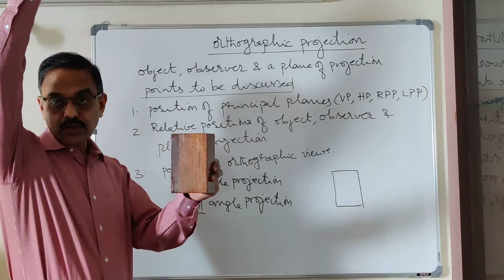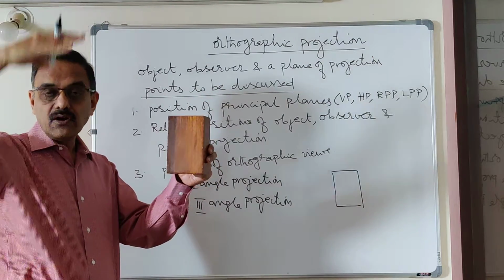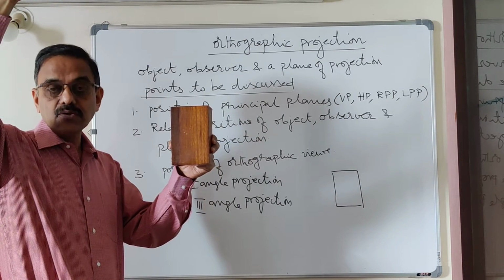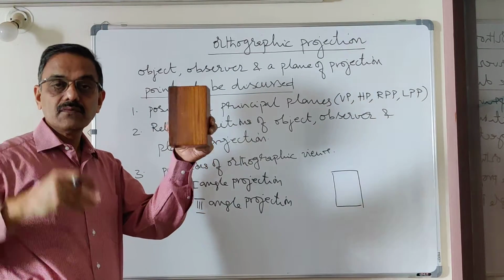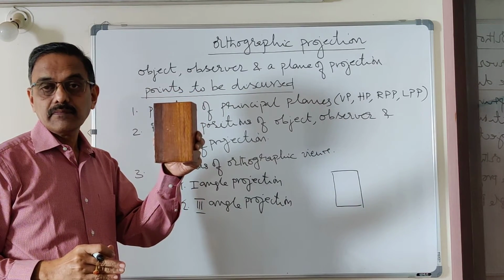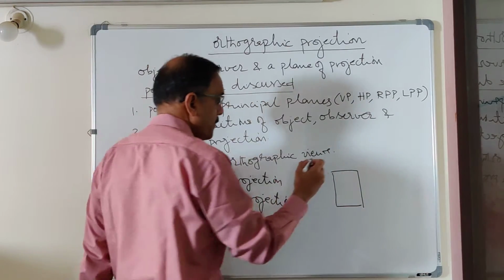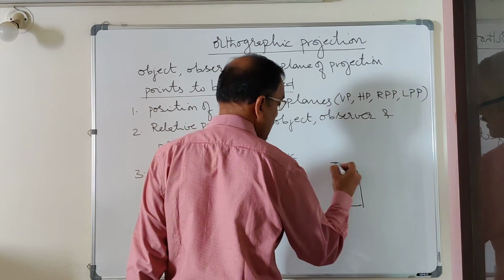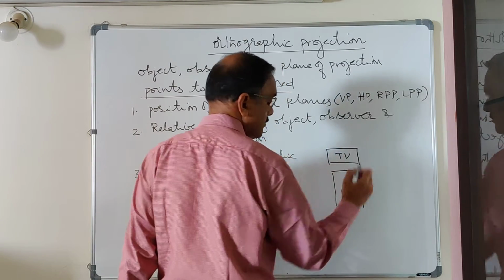The observer is imagined to be at the top, but once again I am going to use the roof as the horizontal plane now, or I am going to use this as the plane of projection to get the top view. And where is the position of the observer? On top of the roof, above the roof. So the object is projected onto the roof now. And when you imagine the roof is rotated by 90 degrees, the top view will go onto the top now. So this is where the top view comes. This is front view, this is top view.